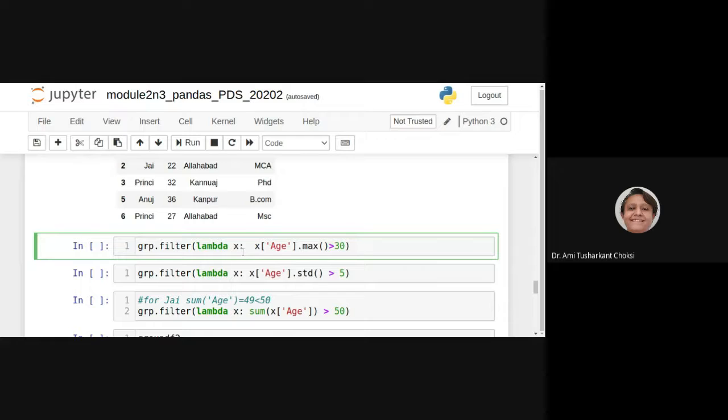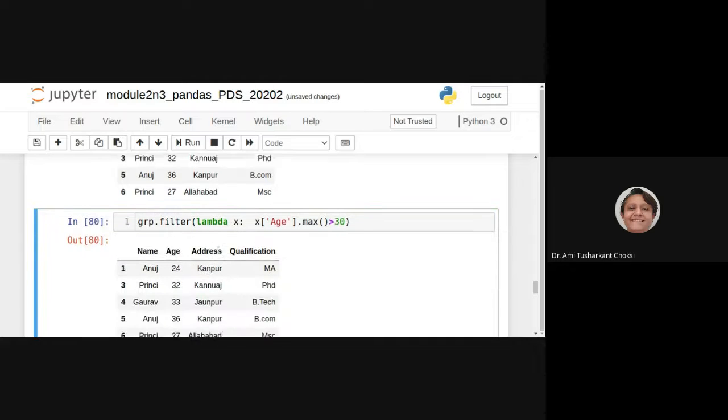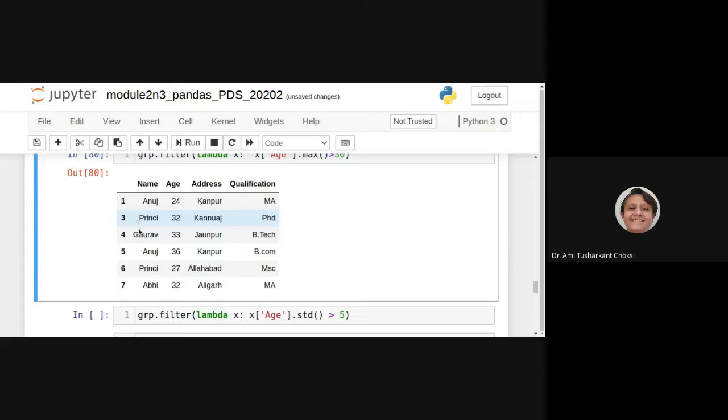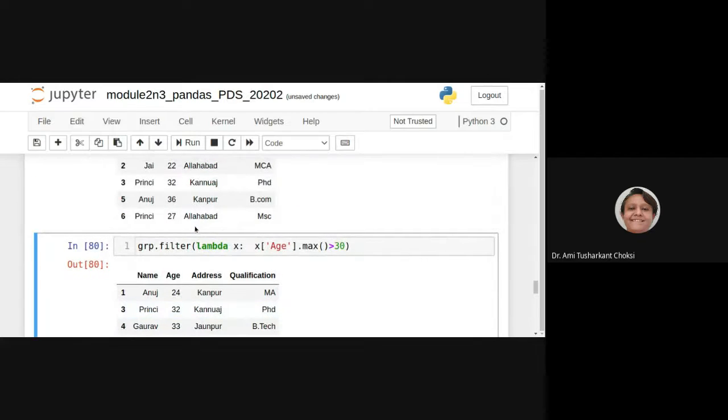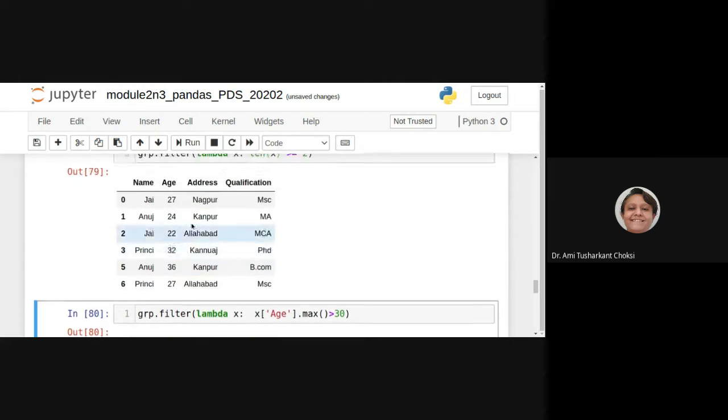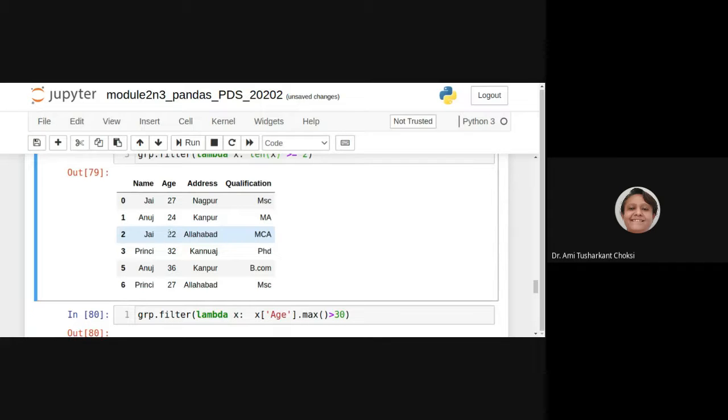Same here, we have lambda x where the max of x of age is greater than 30. So we are able to see 1, 3, 4, 5, 6, 7. 2 is not there, 0 is not there. For 2, we want the max to be greater than 30.